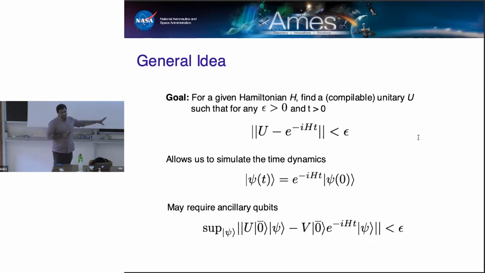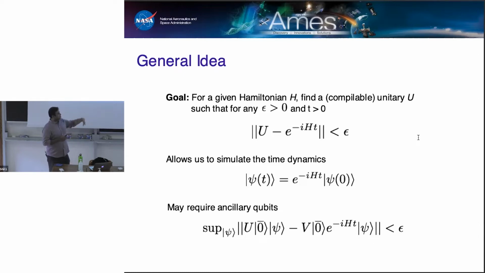But what we're going to discuss today is digital quantum simulation. In other words, we will have access to a qubit-based quantum computer, which can only run a certain set of primitive operations, such as the ones you've been hearing about in previous talks, like single qubit gates and CNOT gates and so forth. And so the idea is that we want to compose those primitive operations in such a manner that their product approximately equals e to the minus iHt. And we want to do it in as parsimonious a manner as possible.